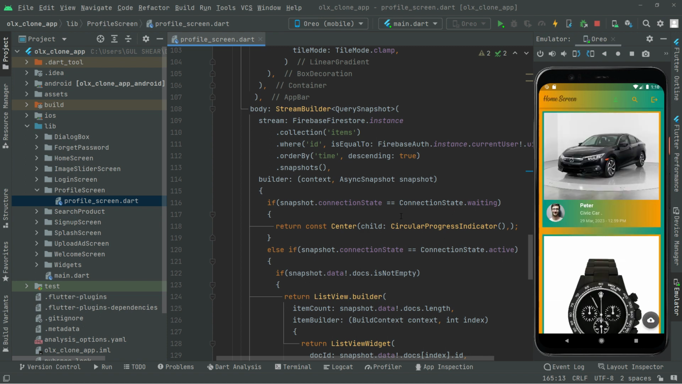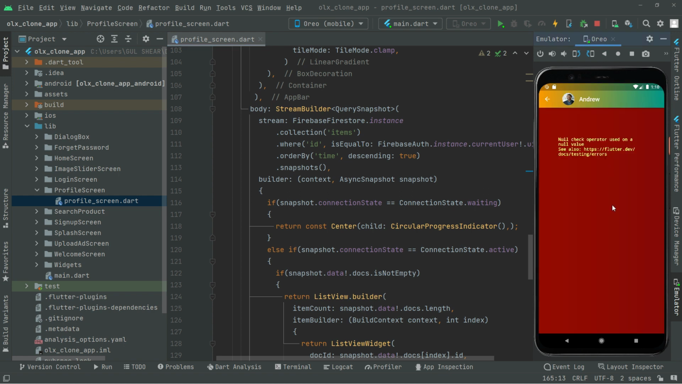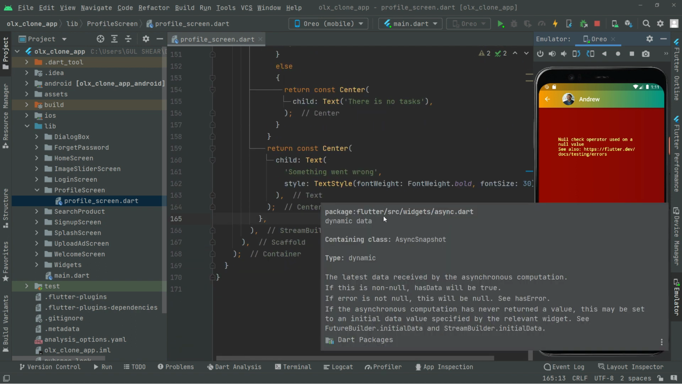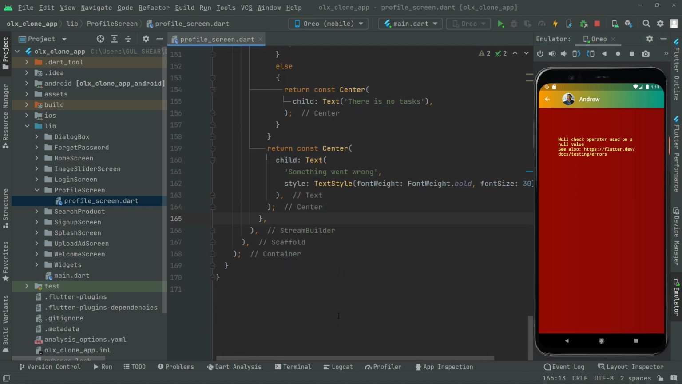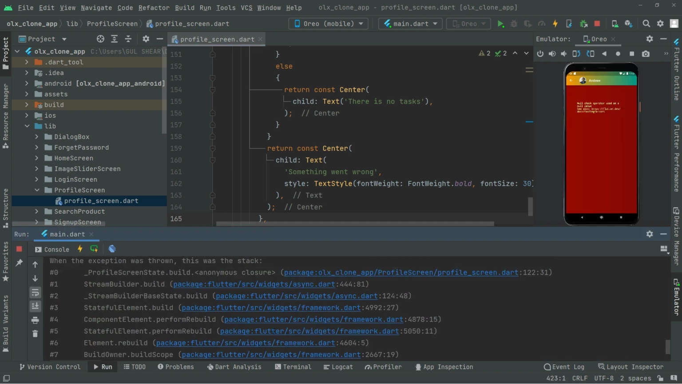Now we will just go towards the profile screen, and here you guys can see we got an error, but before that you guys can see the design list view widget. Okay, but we will go and just clear this error. So what we will do, we will just go toward the run, open that from here, as you guys can see. Okay, now just scroll up,